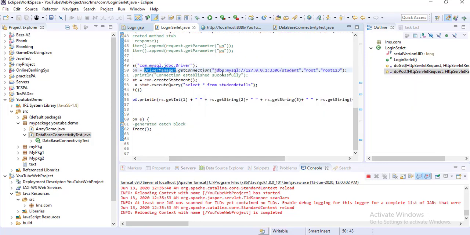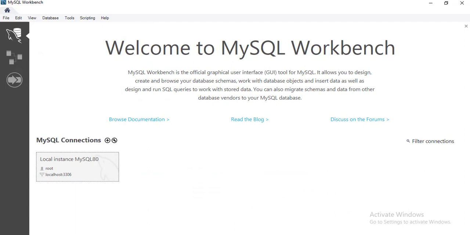JDBC is the driver name, MySQL is your database, and then here you can use the port. If you go to your MySQL Workbench, you can see it's localhost.